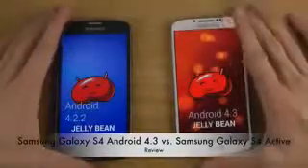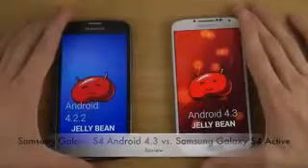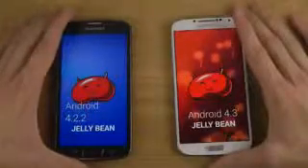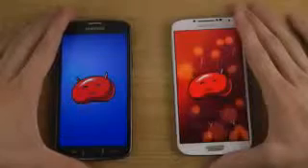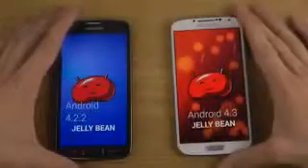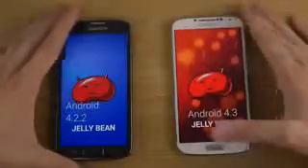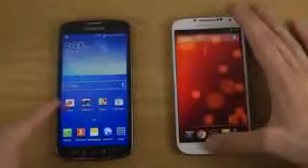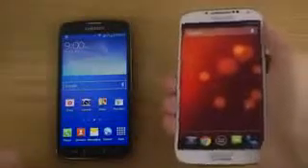Well, first of all, the first thing that you might be seeing here is that the Google Edition firmware of Android 4.3 is not with Samsung's own skin that they have on top of Android, which is the TouchWiz skin that you do get on the S4. This is a firmware that I actually had to install myself, which is the stock version of Android, and you have to install this if you don't buy the Google edition, if you want to have this fresh